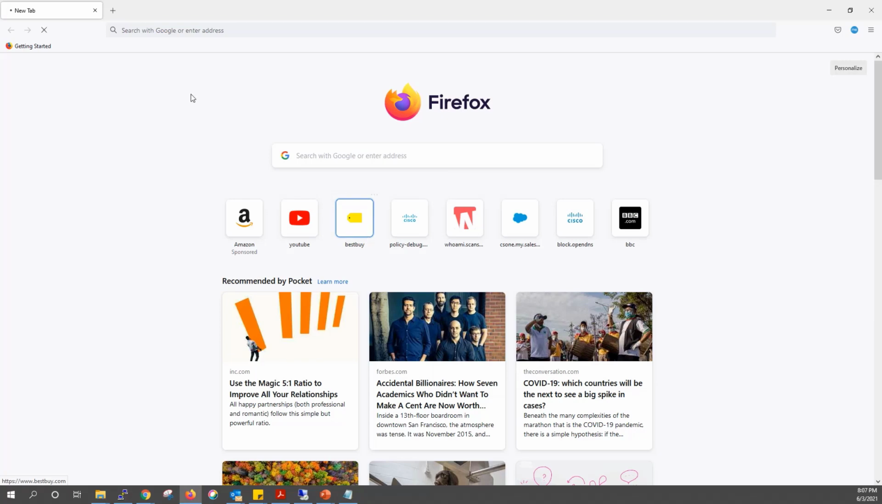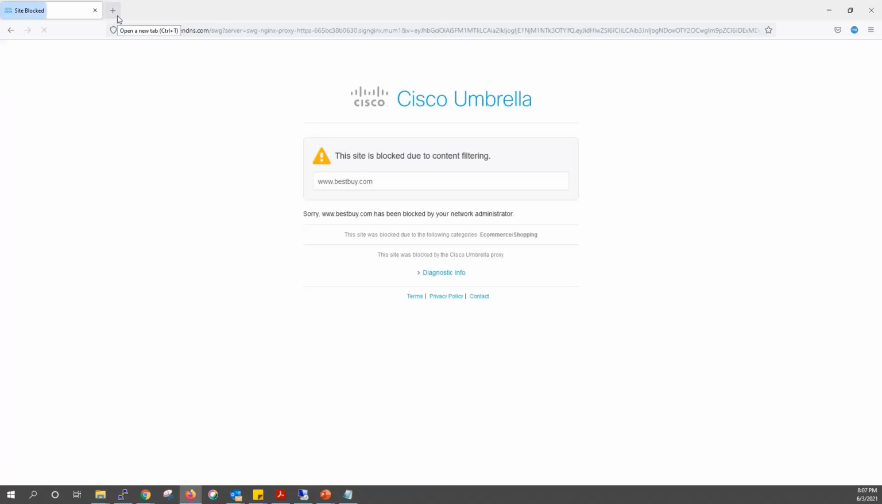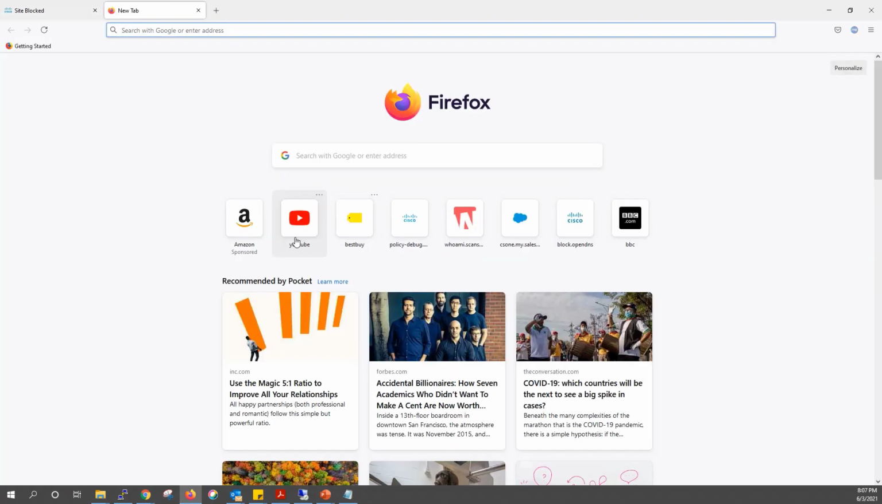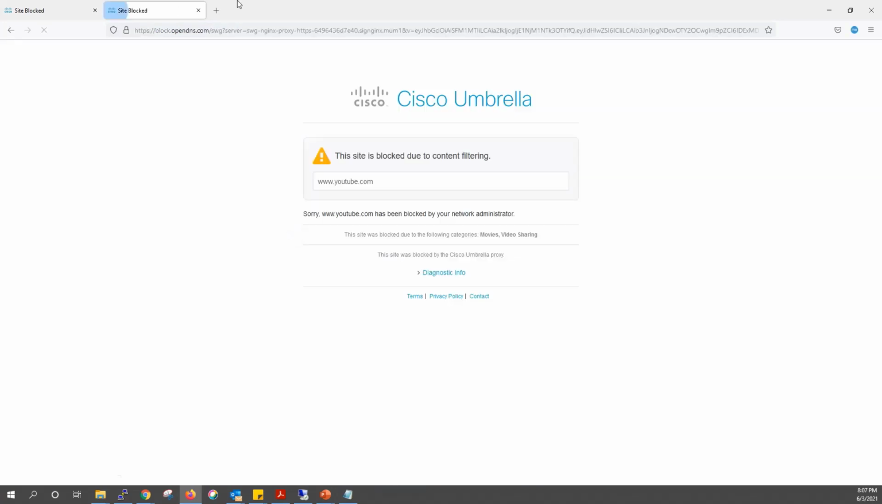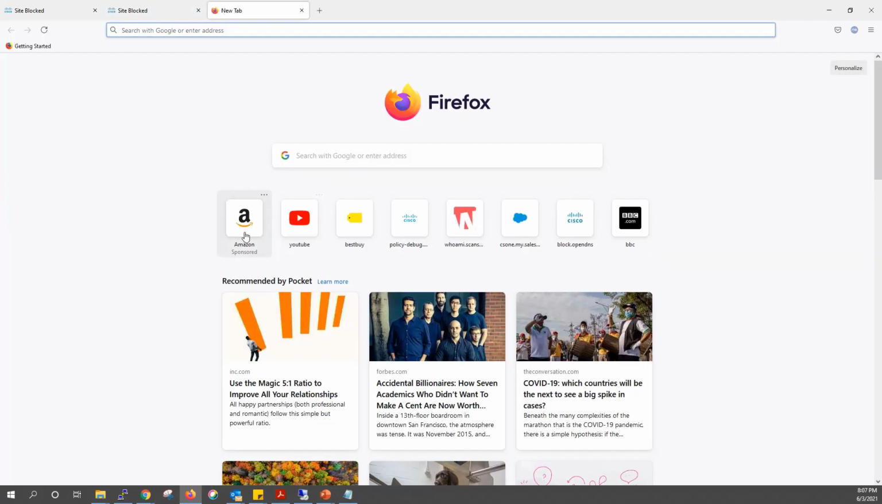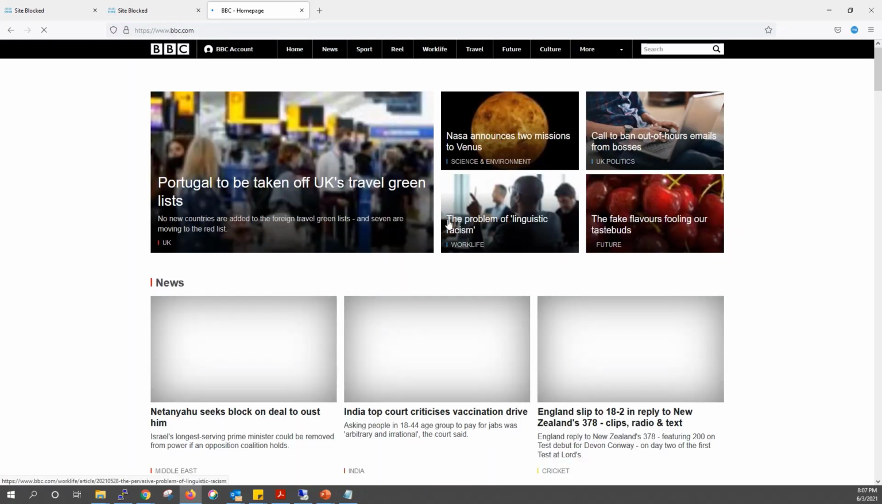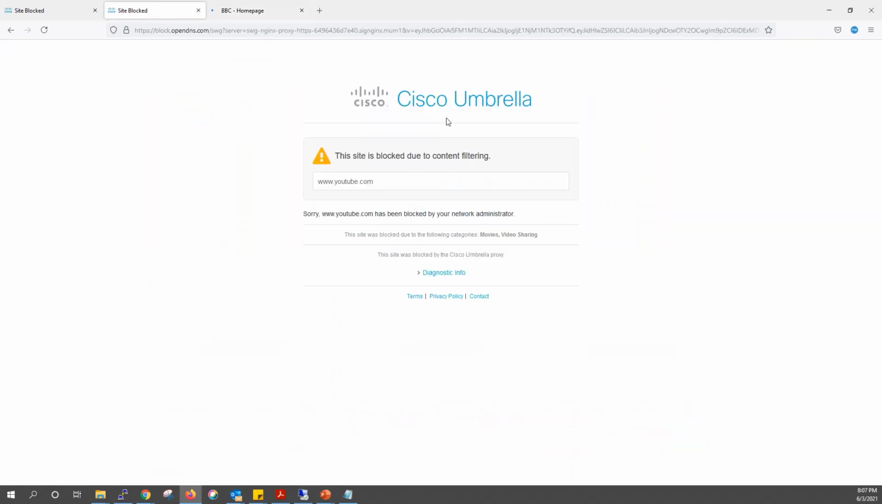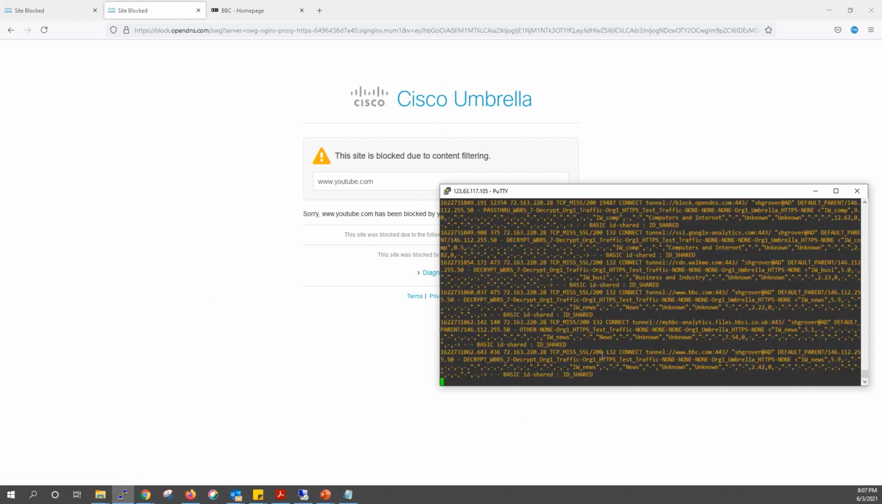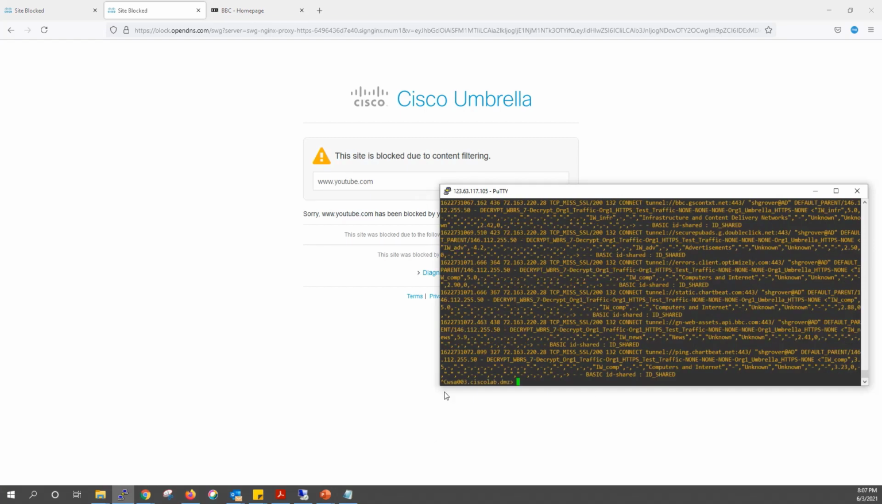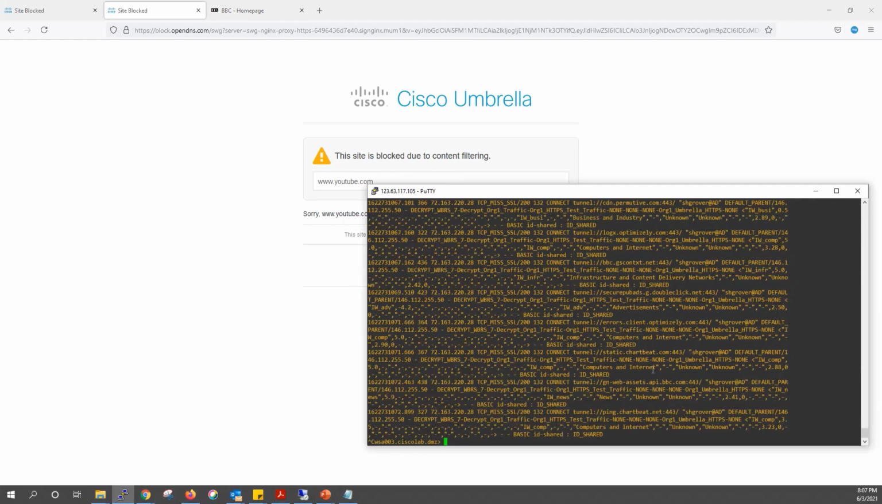So let me try with Best Buy, because shopping was blocked, and there it is. YouTube streaming video was blocked. Great, it is working. And then let me show you bbc.com, because news was not blocked, right? So that's working too. Great. Because this particular block page is from Umbrella, we can verify that this page is actually coming from Umbrella. As far as the logs on the WSA are concerned, I wanted to show you that